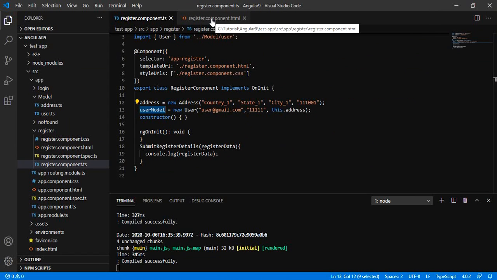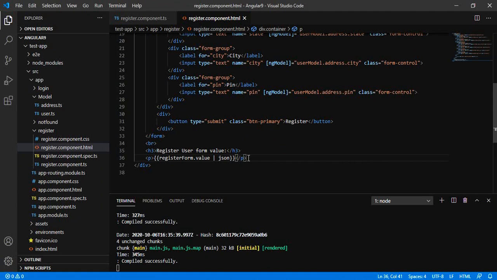Now let me also print the value of the model that is bound initially. Let us say userModel value, and we will print it in the same way, just like we printed the value of the register form, in JSON format.